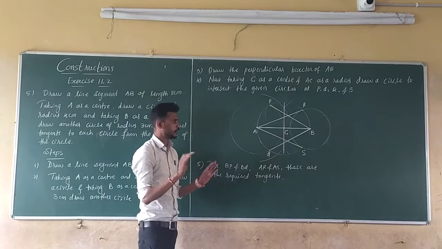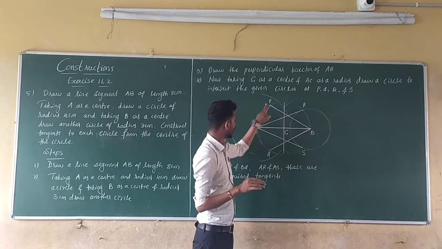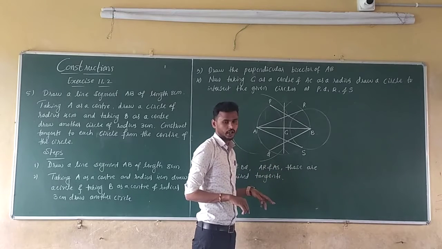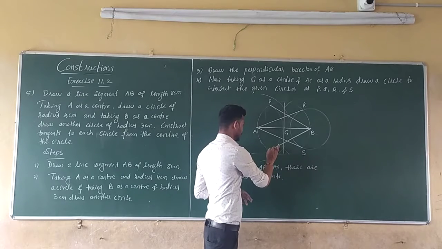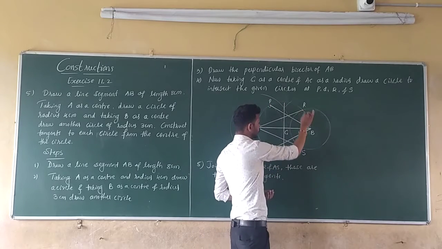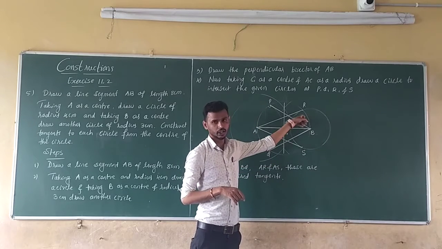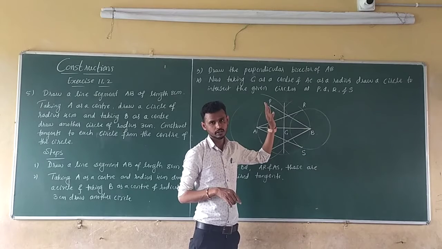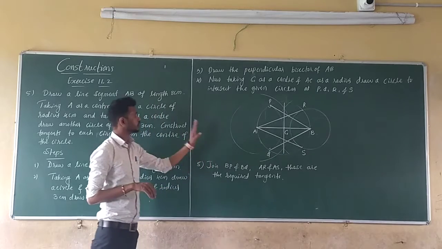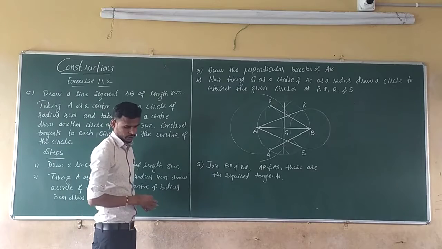And the justification is the same as in previous problems. So you can do that. Just join AP, AQ. By the angle in a semicircle, you will get 90 degrees, so you will get perpendiculars, that means tangents. So you can join RB and RS. Those also you will get as perpendiculars. So both will become tangents. As before, you can do that justification. And this is the construction for the main question. We'll see the next question.